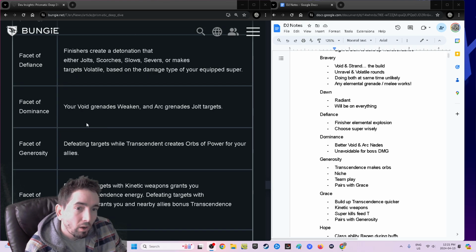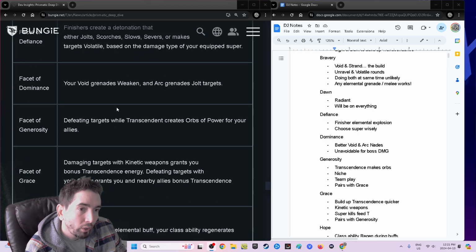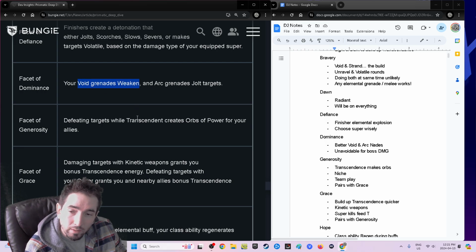So then we've got Faucet of Dominance. Your void grenades weaken and your arc grenades jolt. Okay, so that's pretty good. Now, considering that we have easy access to Radiant, this leads me to think that Prismatic is going to be the absolute best subclass for